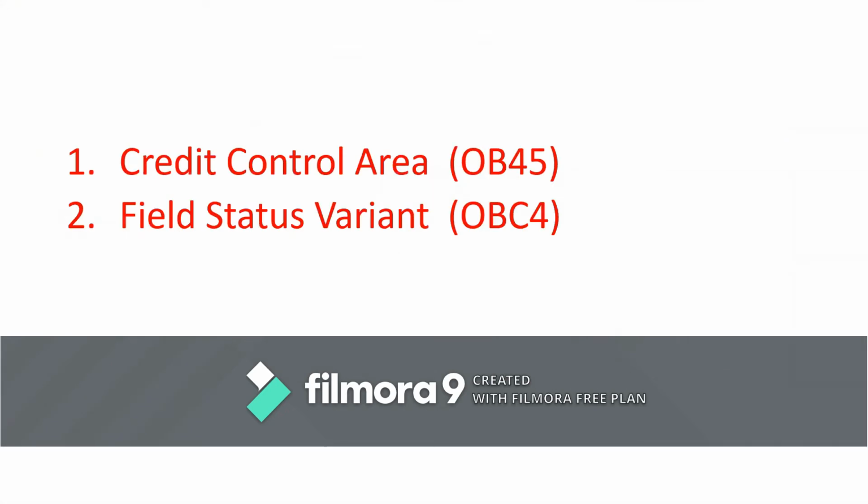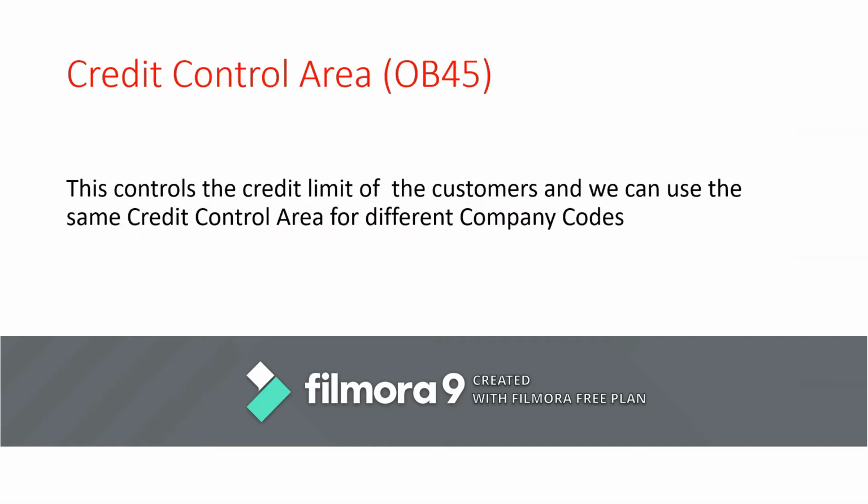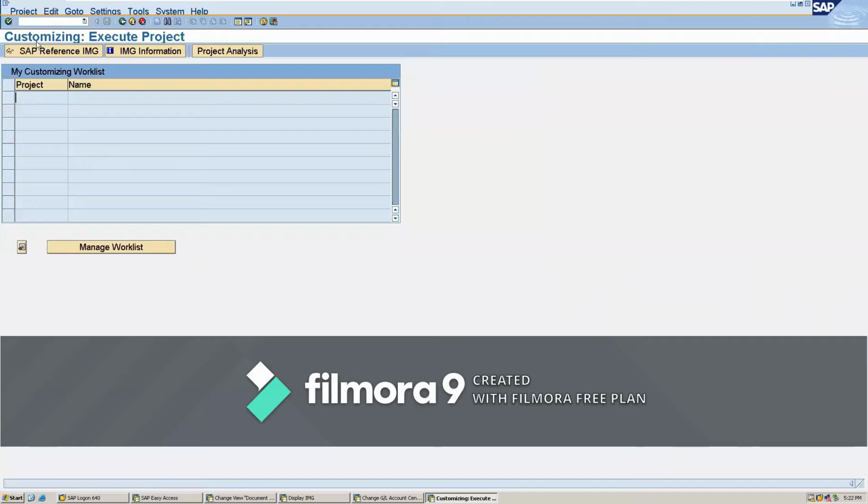So hi, today we are going to discuss the topic credit control area and also field status variant. Credit control area, for which the T code is OB45. This controls the credit limit of the customers, and the same credit control area can be used by different company codes. Now let's see in SAP reference IMG,